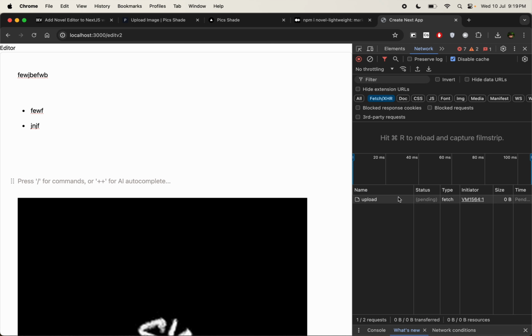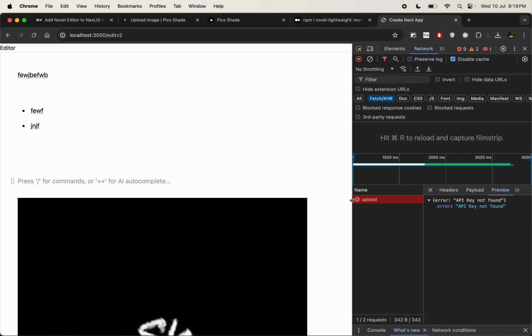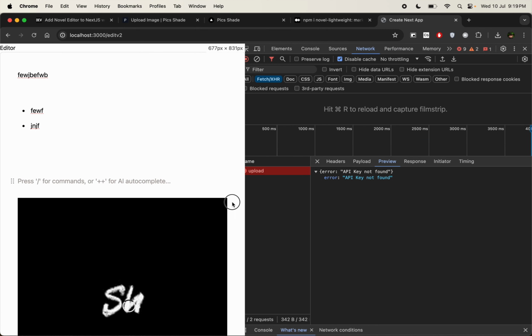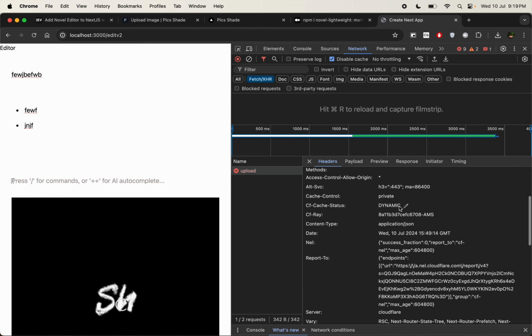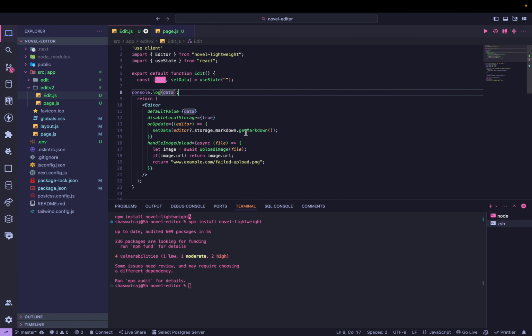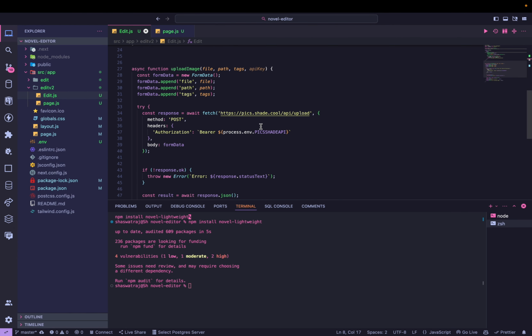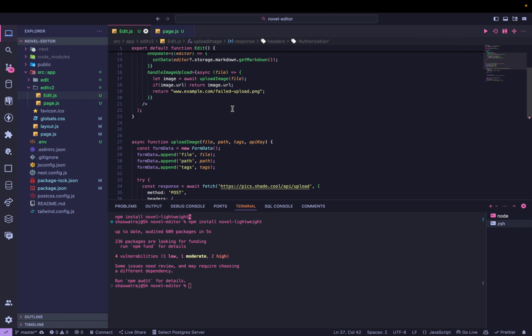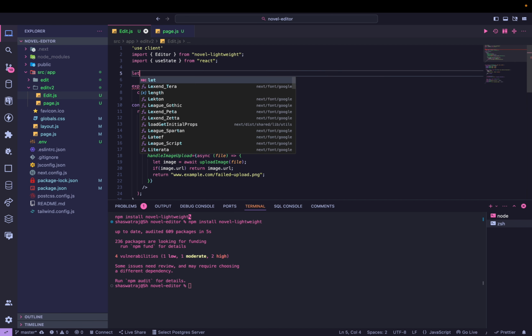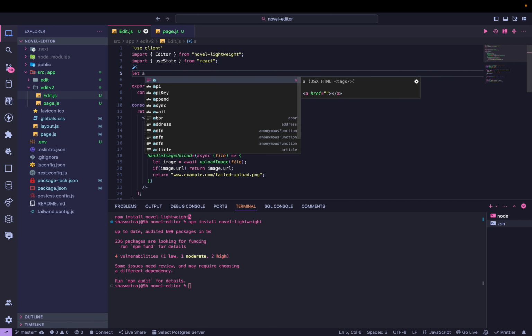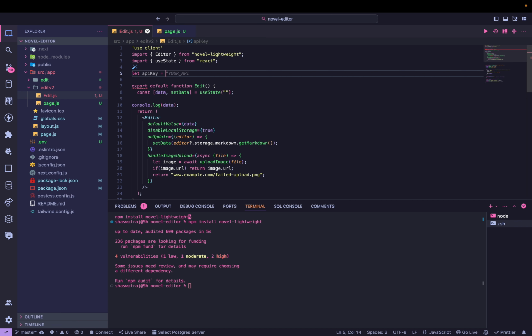Logo. API key not found. Okay. process.env Pics Shade API key, and let API key is equal to